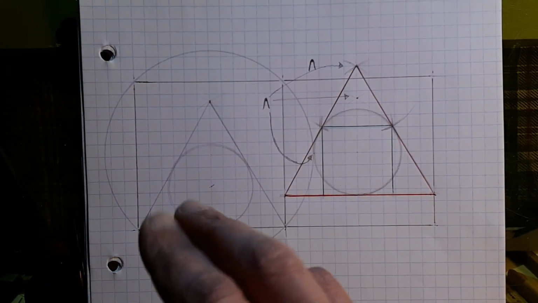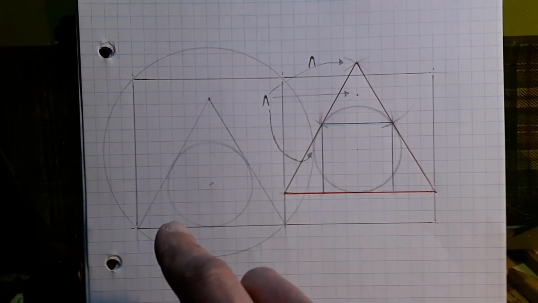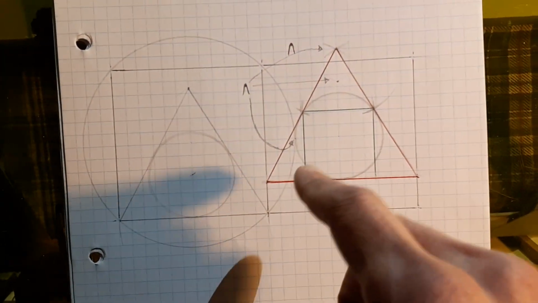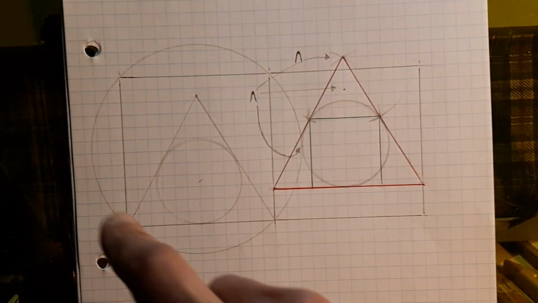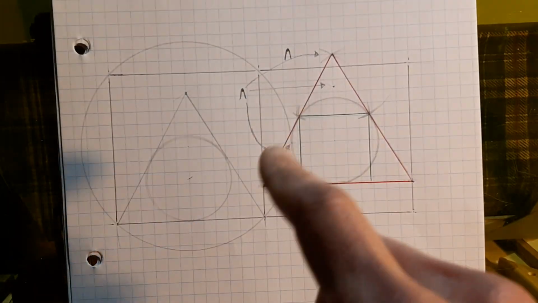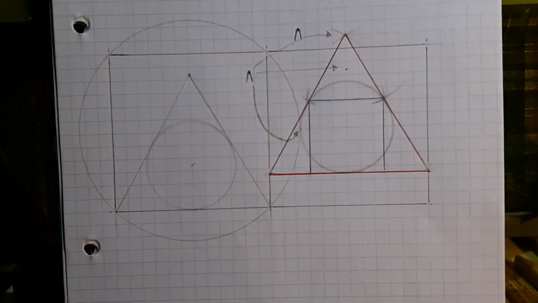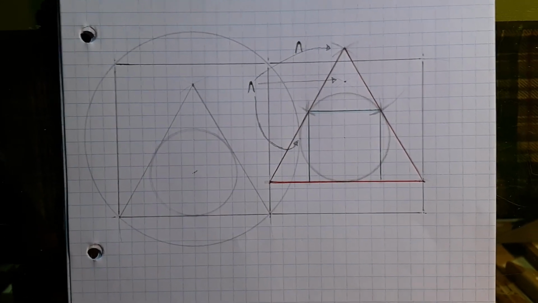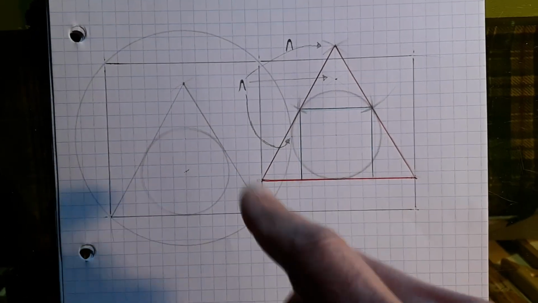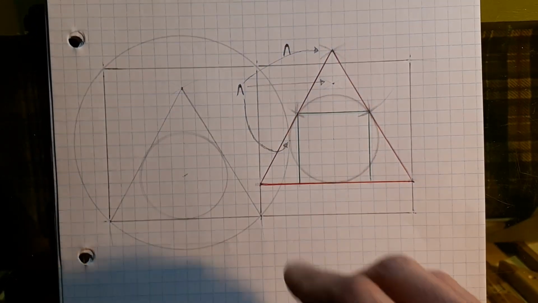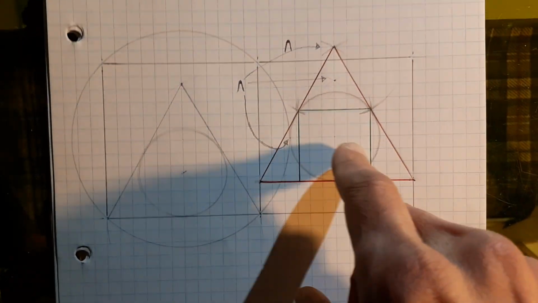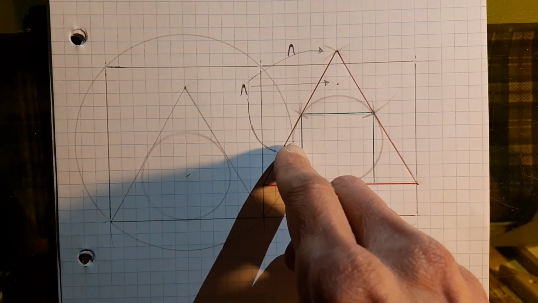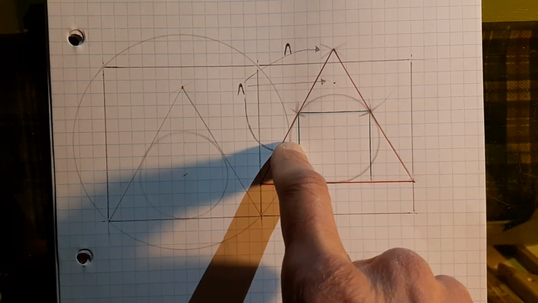So then I thought of moving the triangle so that the circle falls in the middle of that square. And when I found that, I realized, after some exploring here, that along the horizontal axis, where those two circles meet, that point there,